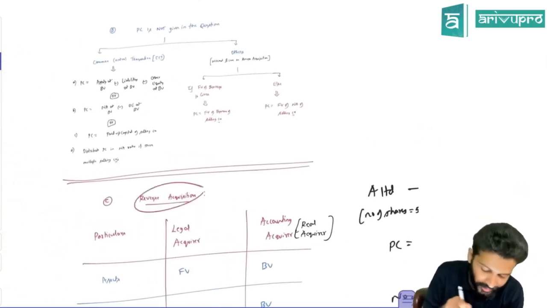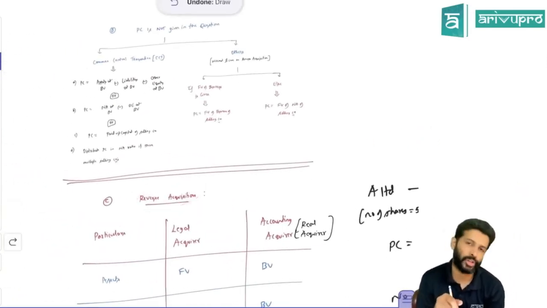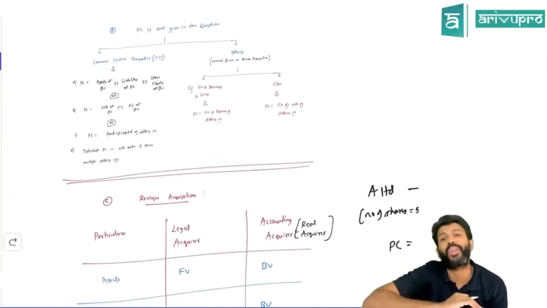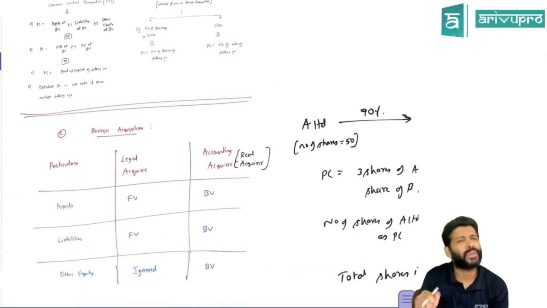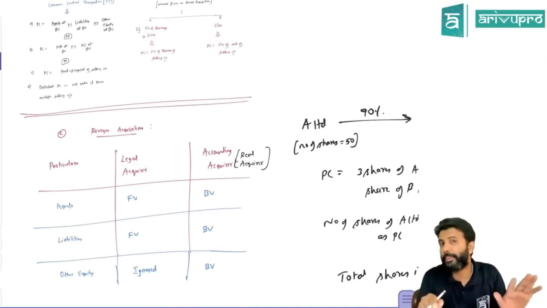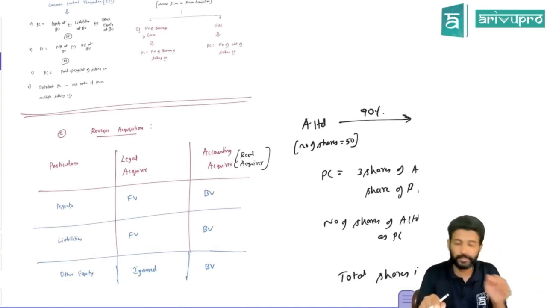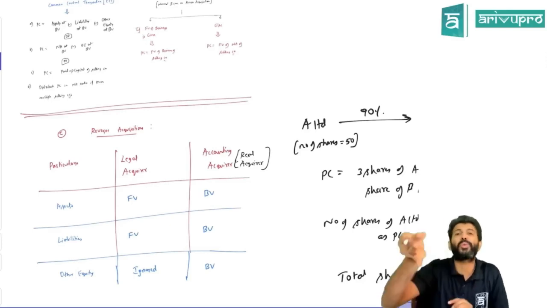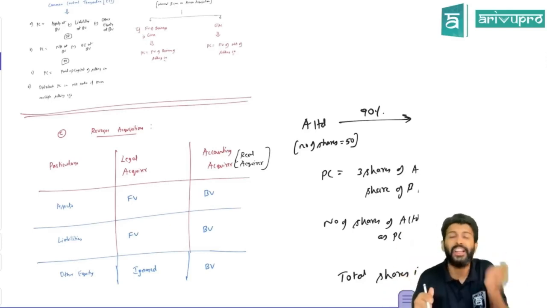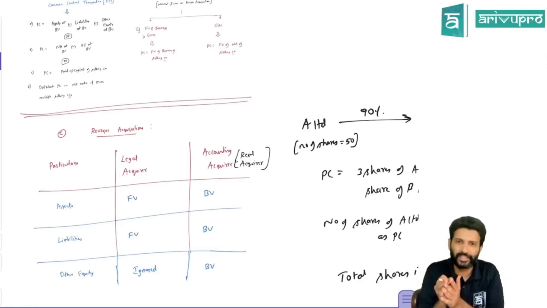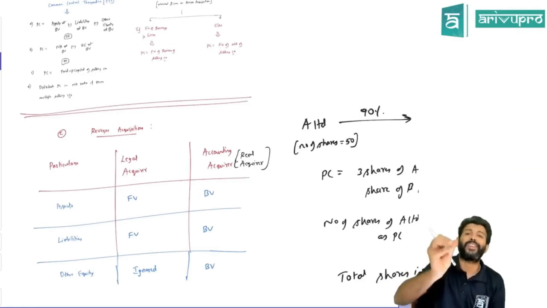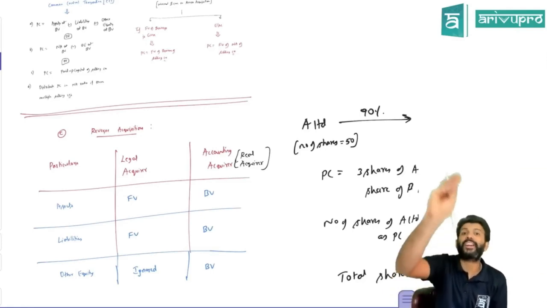Such a scenario we call reverse acquisition. And if there is a reverse acquisition, sir, what do we need to do? Very simple, sir. IND AS 103 does not run on paper-based accounting. It's not based on legal form. It's substance over legal form accounting, as most of the standards are. Meaning reality is more important than legality. That's what it means in layman terms. In real terms, what the transaction reflects, that we need to account.